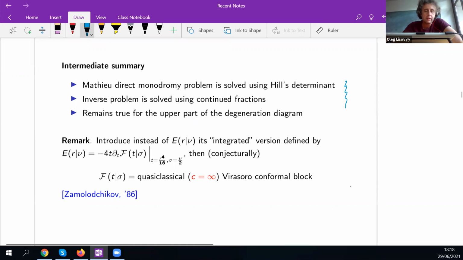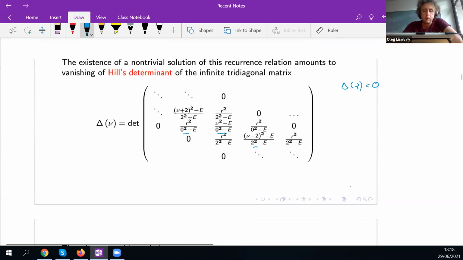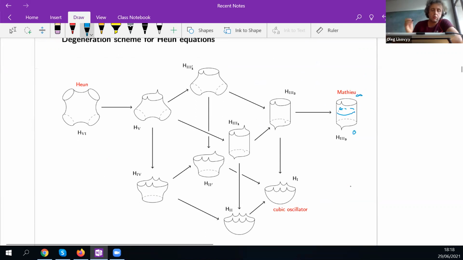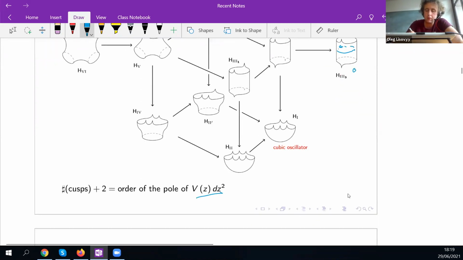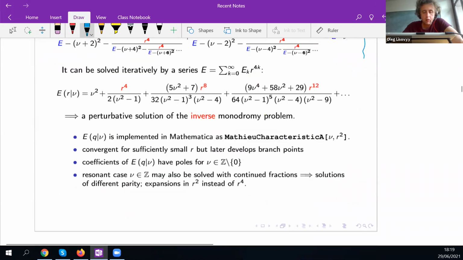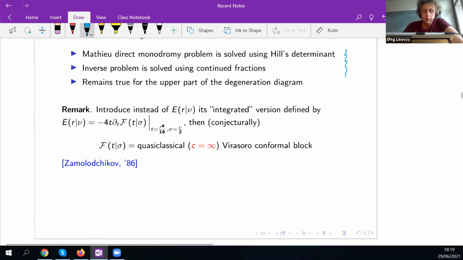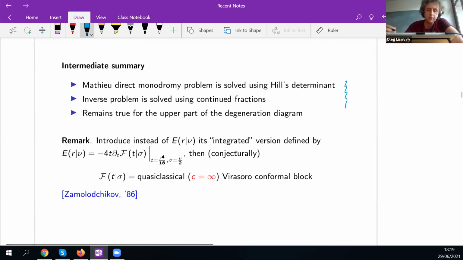actually remain completely valid if we look at the equations from the upper part of this degeneration diagram. So Heun, confluent Heun, and so on, up to Mathieu. But it doesn't work for the cubic and quartic oscillator. Good. And it turns out to be convenient to introduce, instead of this accessory parameter function that we have, its